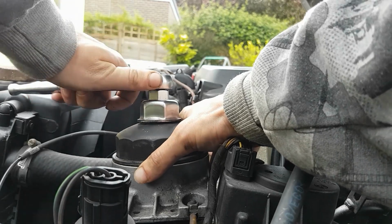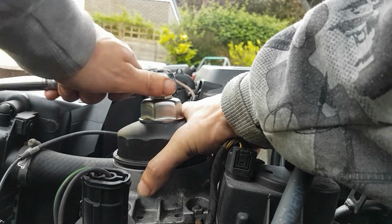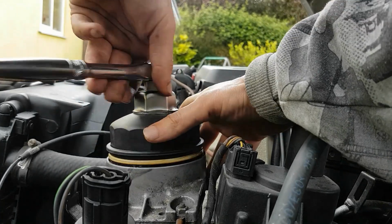Now that I've managed to get it undone, somebody had done it up way too tight. As you can see, it's now loose, because I'm going to have to find a way of dealing with that. Right, so as we are now off,